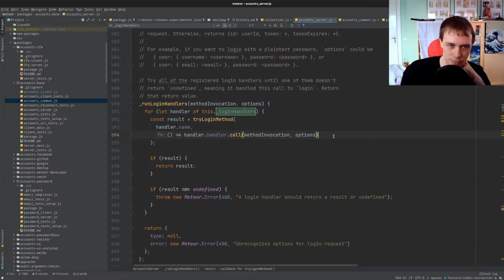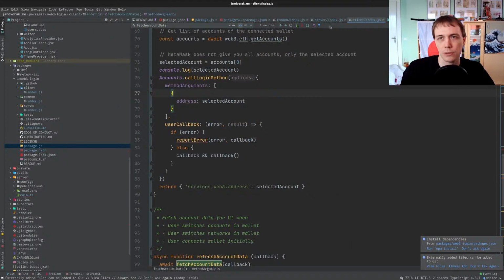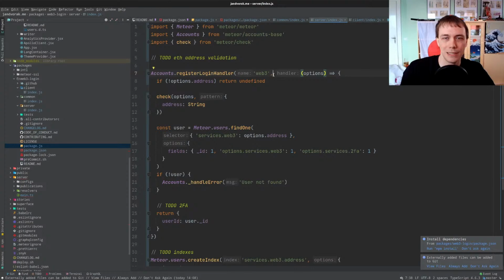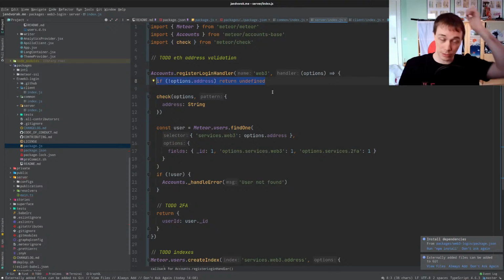And expect a result. Get method invocation, login, and options. And if we look on our, so it registers Web3, and then we get the options. Okay, so this is actually correct, but I think we might